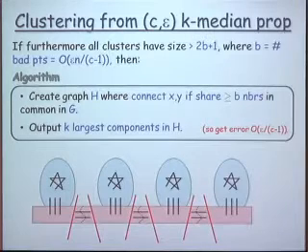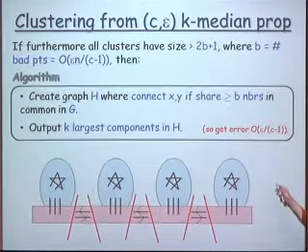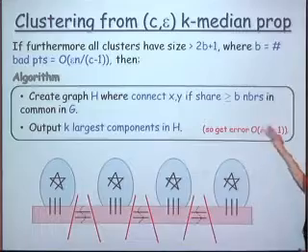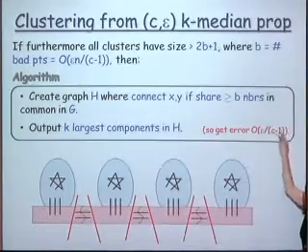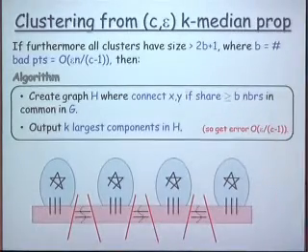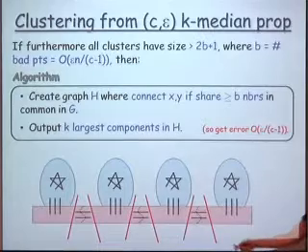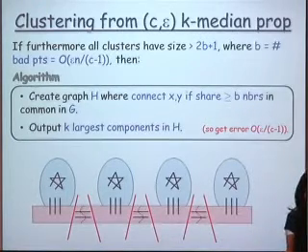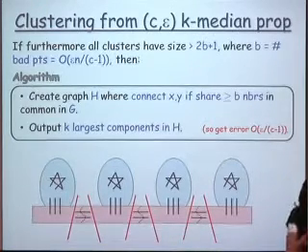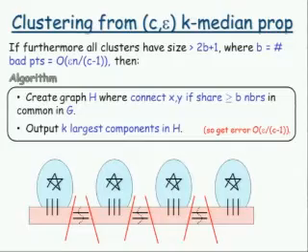In particular, the error that we get will be basically on the order of the fraction of the bad points, because we know that any connected component of H is going to correspond to a good set plus possibly some bad points. So we correctly cluster all the good points, we might make mistakes on the bad points, but they are a small fraction of the whole set of points. So the error rate that we get is order of epsilon over C minus 1. Okay, so that's basically the algorithm for the large clusters case.